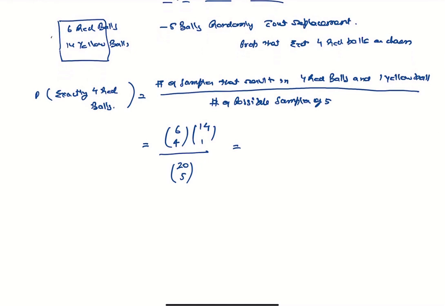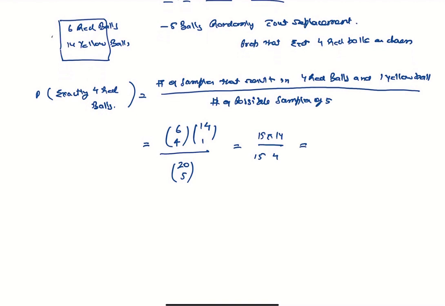If you solve it, 15 times 14 divided by 15,504, that will come out to be 0.01354. Now if we do it with replacement,